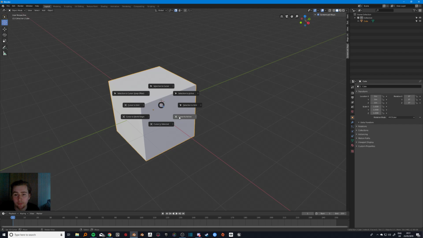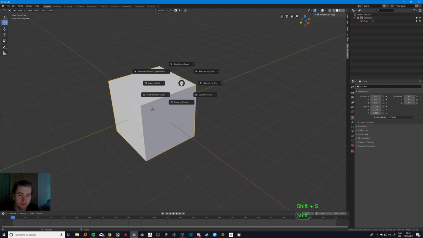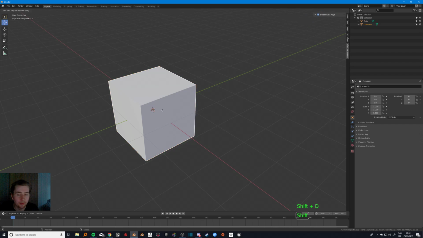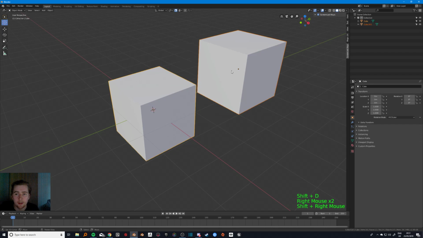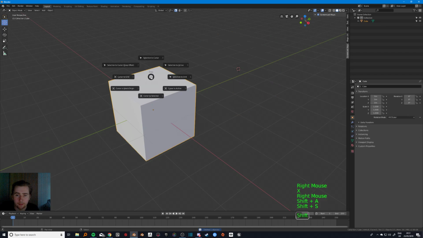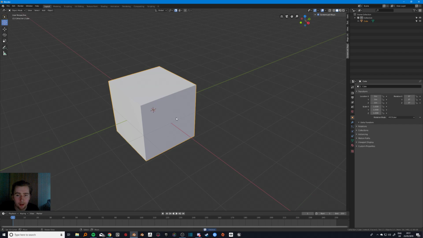I can snap the cursor to some different things. At the moment most of these are sort of the same thing, because if I snap it to my active, it's going to be this cube, and the center of this cube is at 0, 0, 0. So if I snapped it to selected, then it's still going to be this cube. If I had multiple objects, and I've got two of them selected now, this one up here is my active, so I'm going to snap this to active, and it's going to move to my final selected one with this lighter outline. But I'm going to snap this to the world origin, which again is 0, 0, 0,